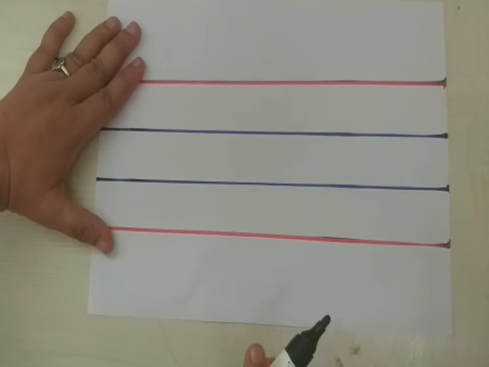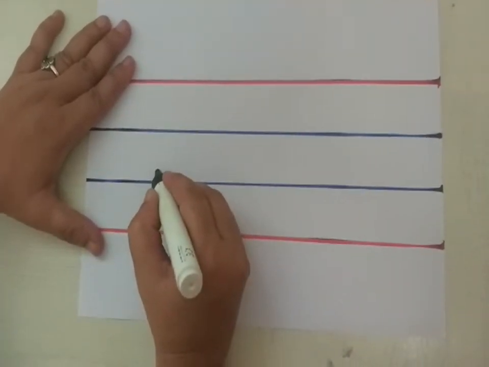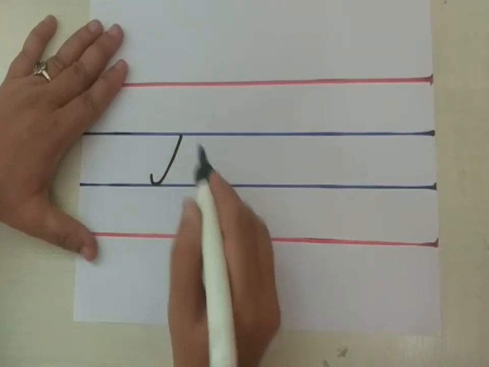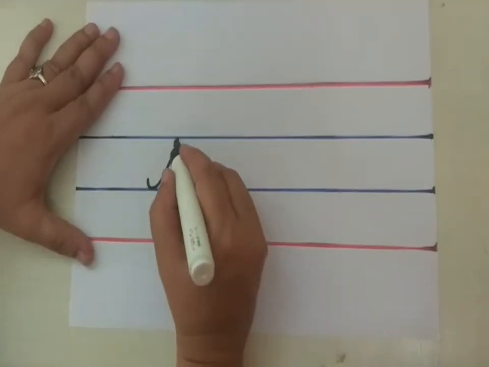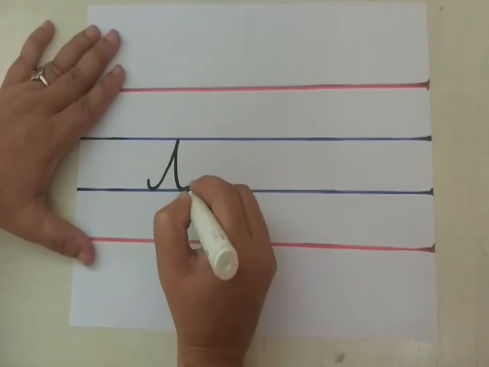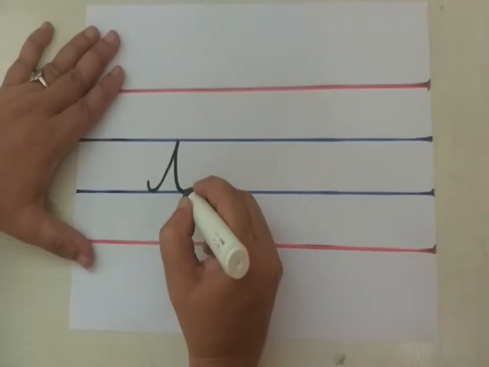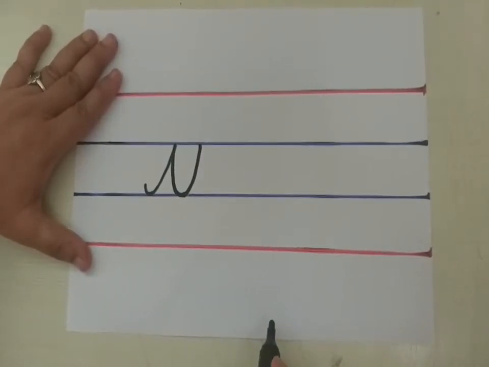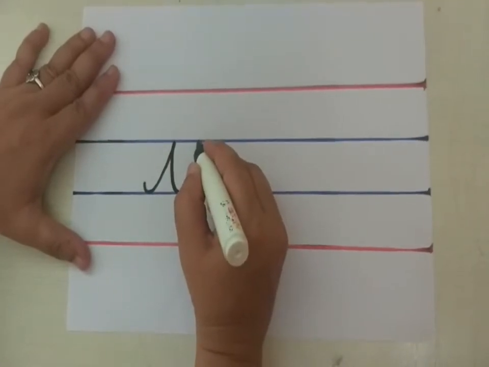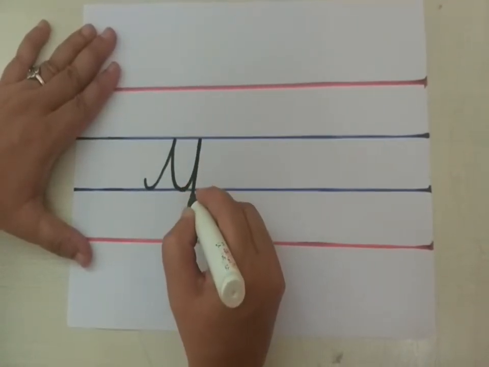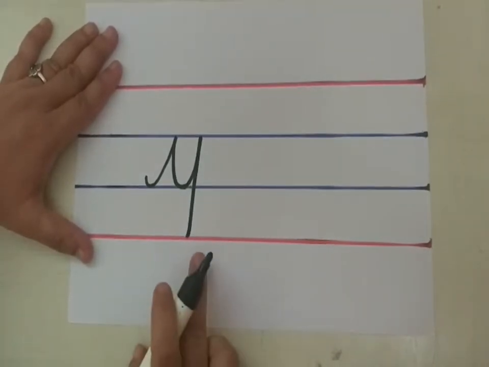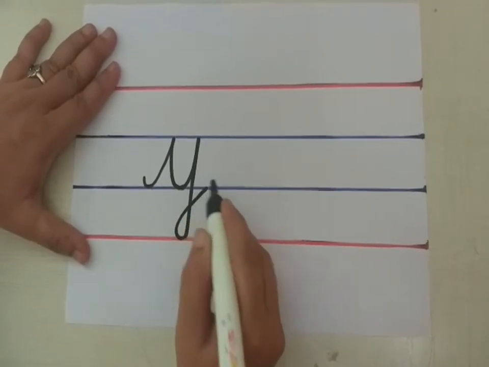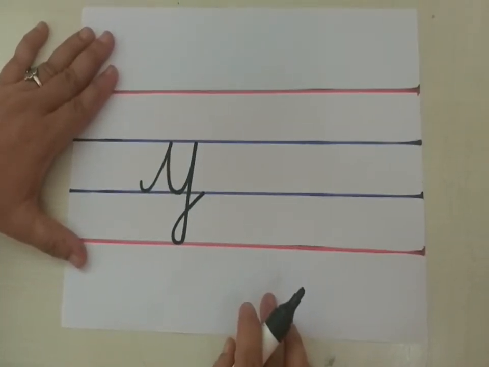X after Y. Shall we write? Take a small curve. Go up to the second blue line. Slanting line, children. Again come down to the third blue line. Again go up to the second blue line. Like that you have to do, children. Okay. Now again from here come down to the fourth red line, children, down. Okay, now you have to turn like that and go and join this third blue line. This is small cursive Y.